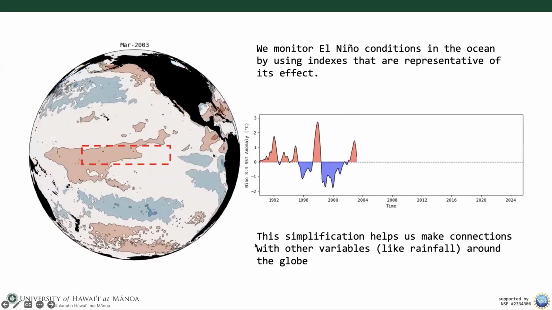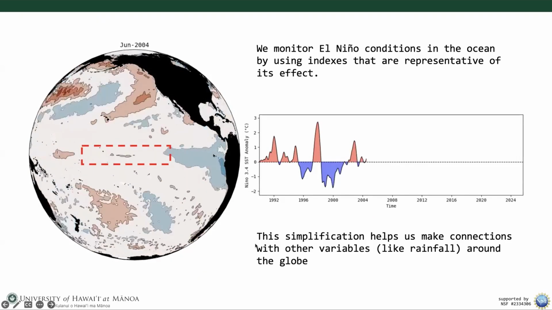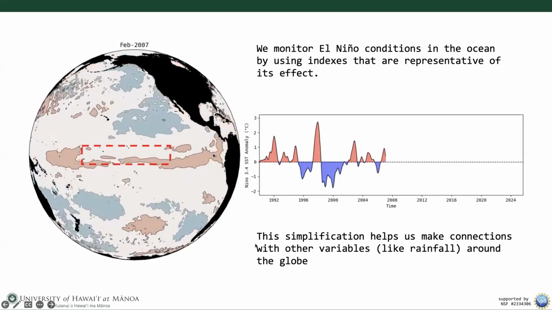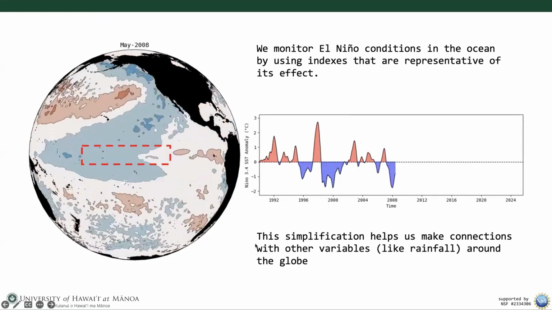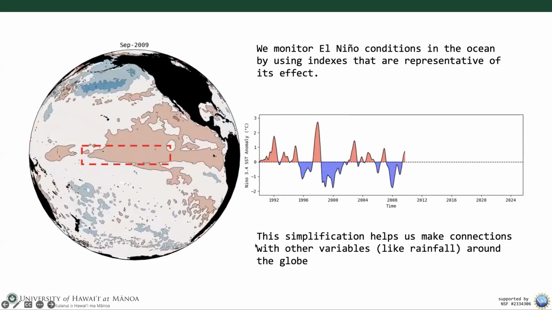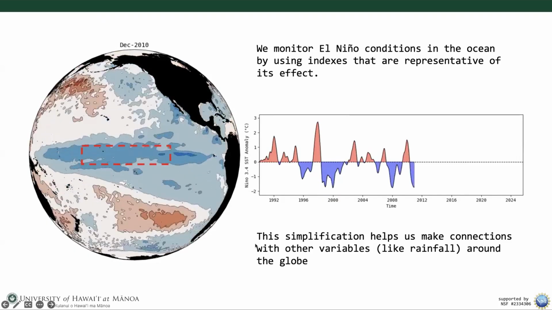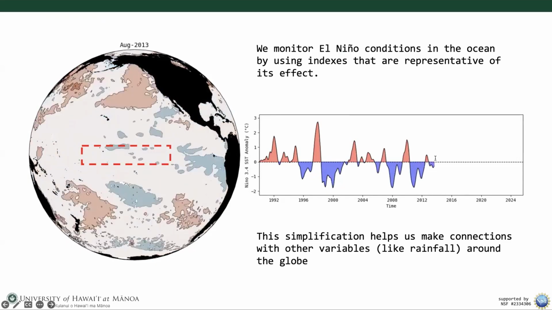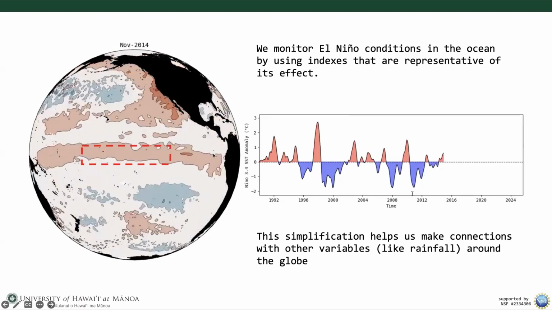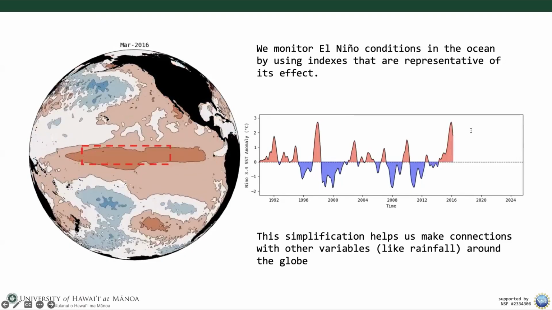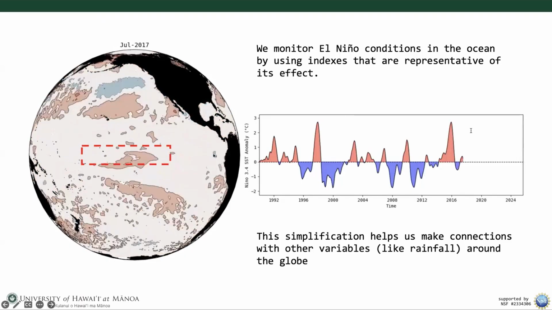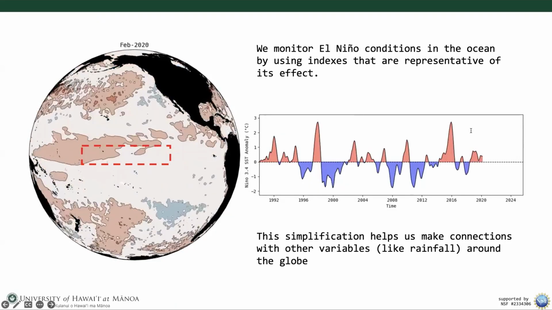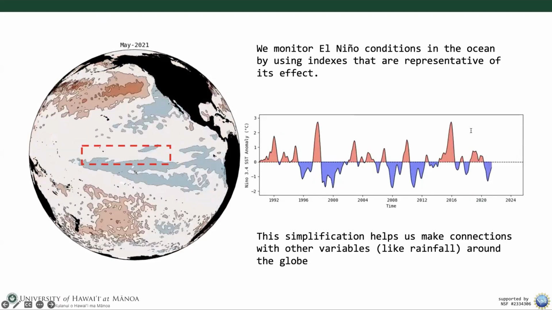As you can probably tell, it does not cover everything because it's a fixed size pattern, and one of the major characteristics of El Nino is that not two El Nino events are alike. So the warming patterns can be pretty different. You can have Eastern Pacific El Nino, Central Pacific El Nino. But overall, this is a good summary or representation. We can see when this is going down, we have cool conditions over the Central Pacific. When this is going up, you have, as you can probably tell, what we call extreme events or extreme El Nino. So this simplification, just by taking this index, can help us make multiple connections with different